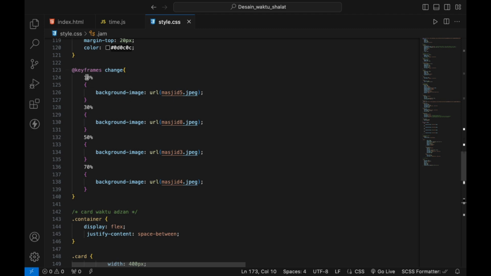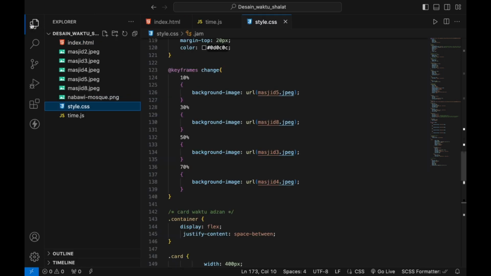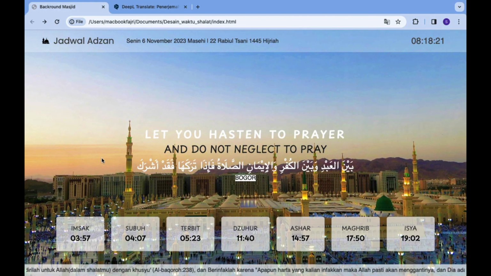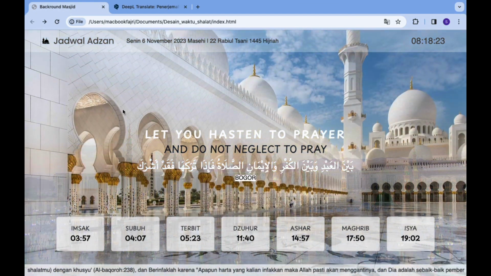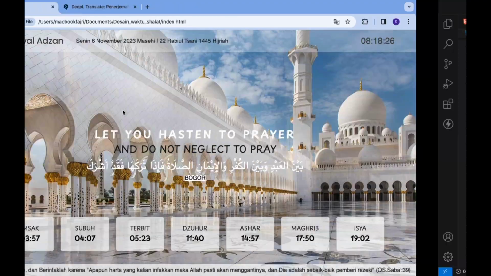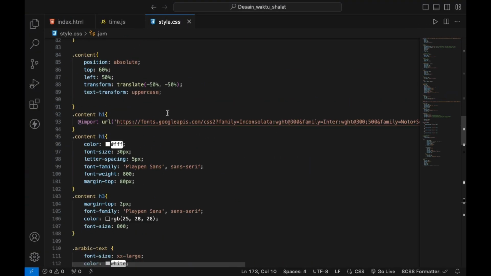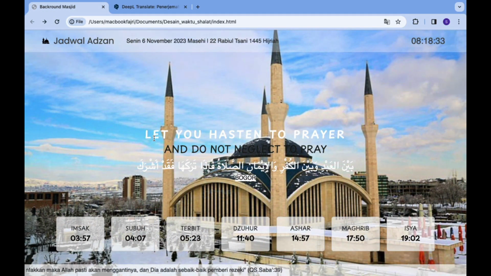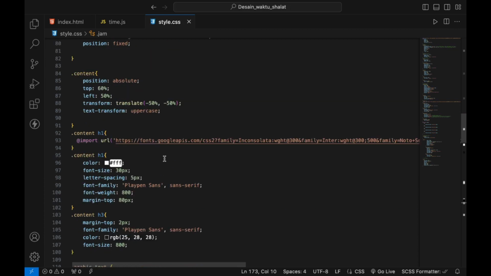This is 10% background image URL, and this image I check here, I call it with URL masjid.jpg, like this, and then the result is like this: the background changes every 20 seconds.